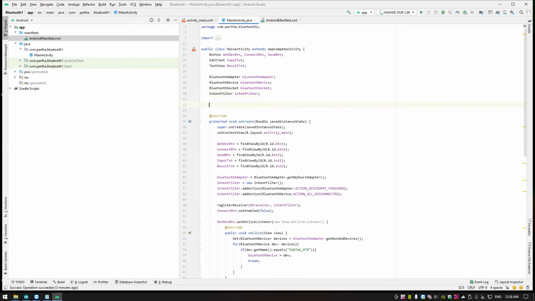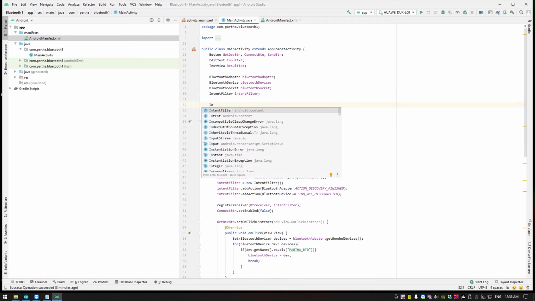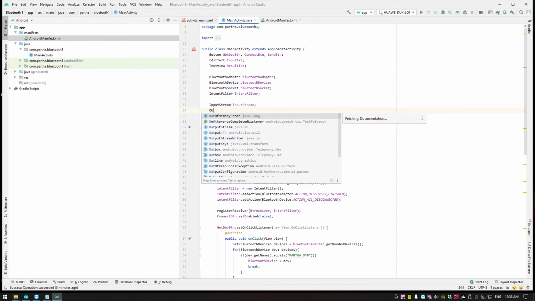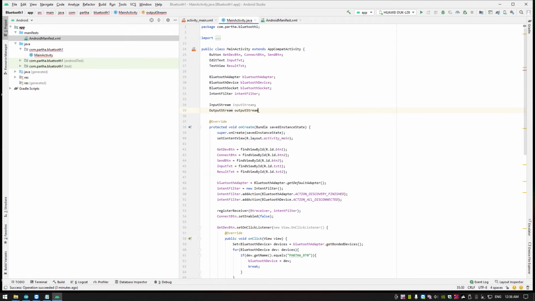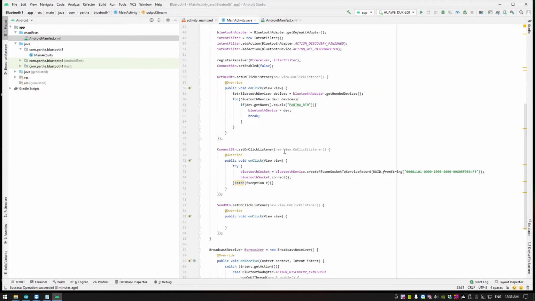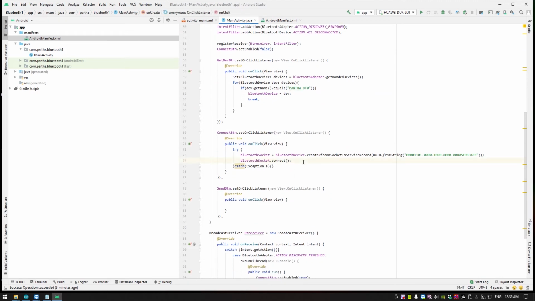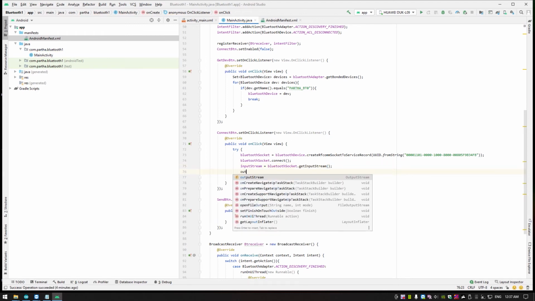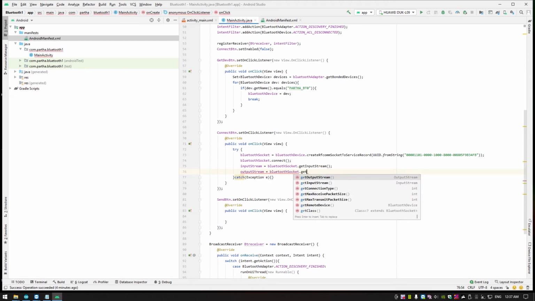So you have to declare here, okay. So once the connection is completed, input stream is equal to Bluetooth socket dot get input stream, output stream is equal to socket dot get output stream.